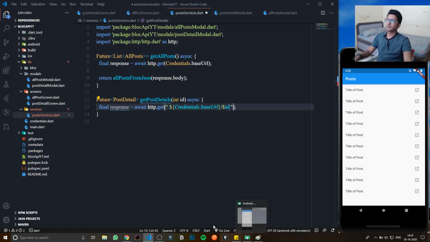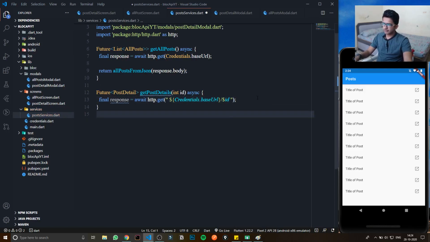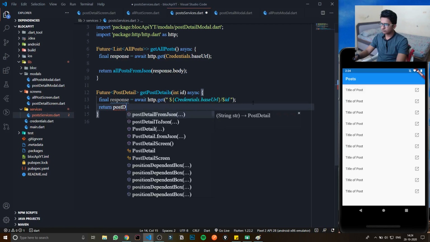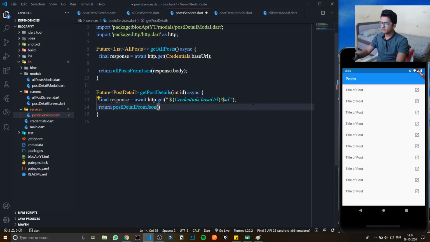Yep, like this. And in return I'm going to return postDetailFromJson response.body.